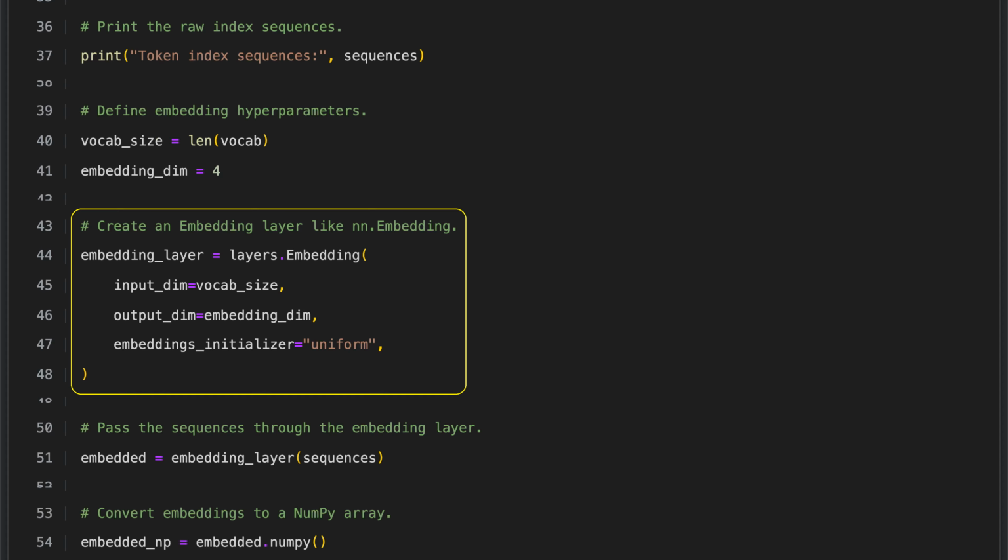We use a Keras embedding layer in TensorFlow, which works like the embedding layer in PyTorch. It takes the vocabulary size, meaning the number of unique tokens, as the input dimension, and the embedding dimension as the output size, which sets how large each token's vector representation will be. The embeddings are initialized with values drawn from a uniform distribution. This layer converts token indices into dense vectors that can then be fed into the rest of the neural network